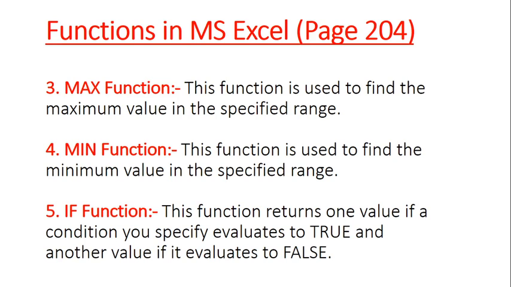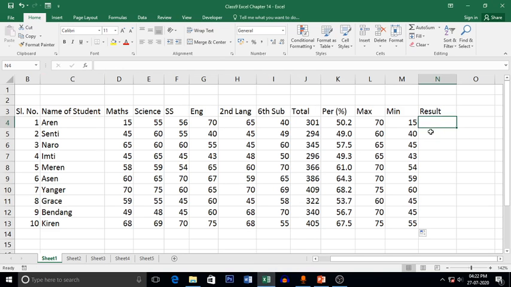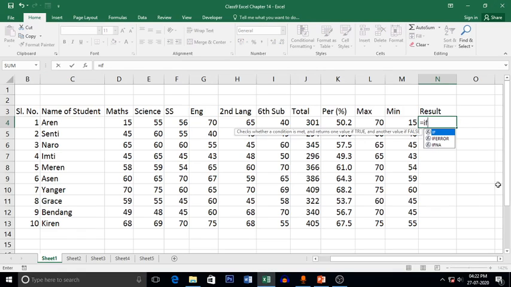Now to check the conditions, how can we apply it here? To apply the formula here, we also start with the equal to sign, then we type IF, open bracket, and the logical test. Now we have to apply the logical test. What is the logical test? Now how can we apply it? Now the condition is